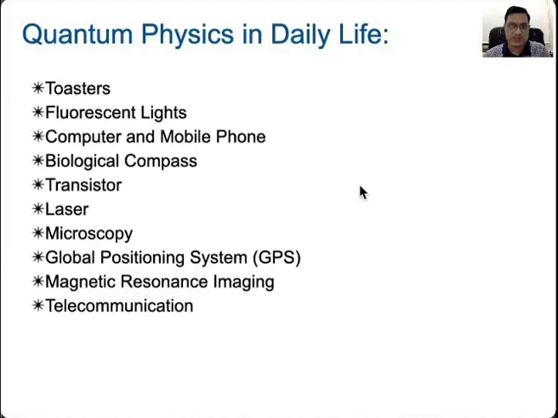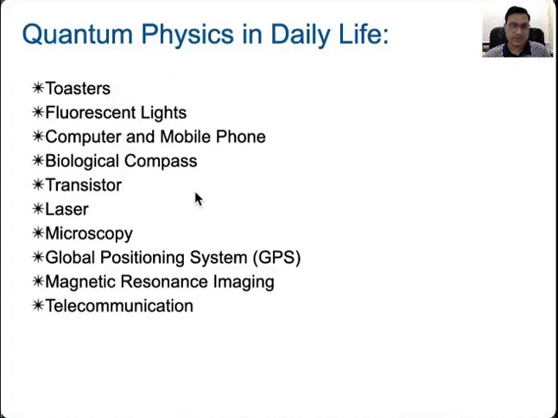So here are a few examples of different kinds of things that you have used or are using in day-to-day life, like toaster, fluorescent light, computer, mobile phones. I told you that these are based on silicon chips, biological compass, transistor, laser, microscopy, global positioning system, GPS, magnetic resonance imaging, telecommunication. All these devices, all these instruments, one way or another, use the concepts of quantum